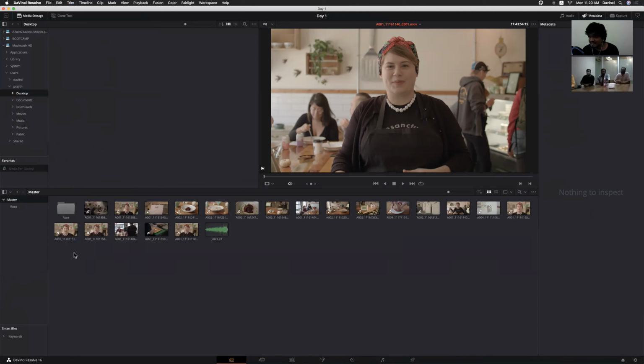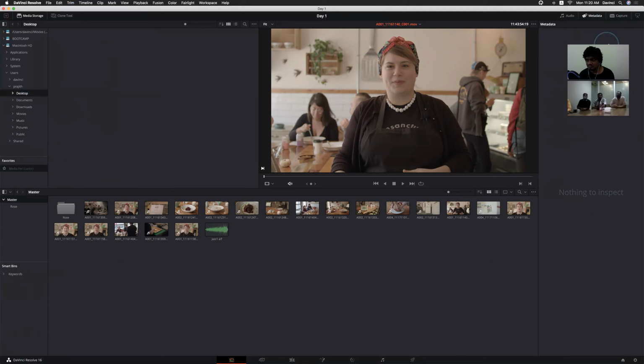Other than bins, we can assign keywords. We also have many more options, like smart bins. Can you see the smart bin option? For the smart bin, select any clips.